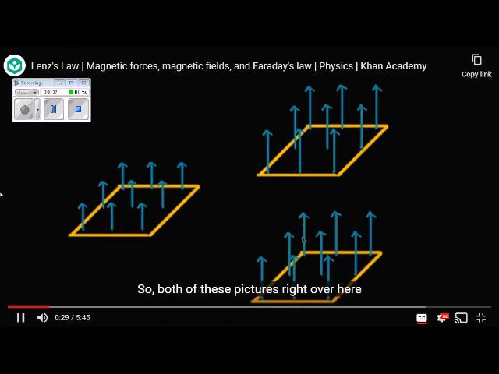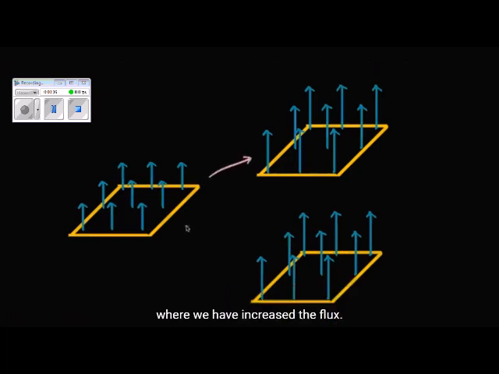Both of these pictures right over here actually show the same scenario where we have increased the flux. We have increased the flux at these points on the surface defined by the wire. At every point, the magnetic field has now gotten stronger. So we have increased the flux. So let me write that. The flux, we use the Greek letter phi to usually denote flux. The flux of the magnetic field